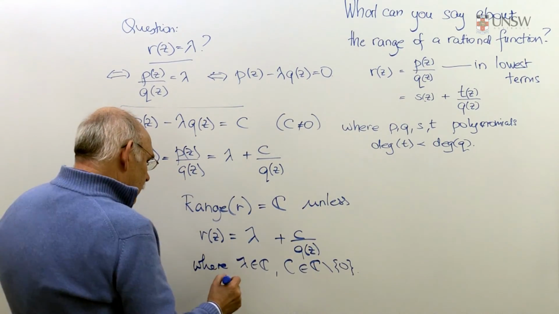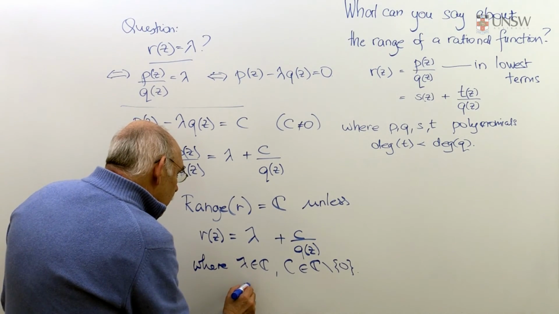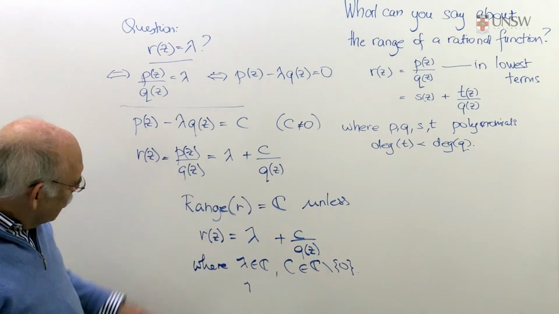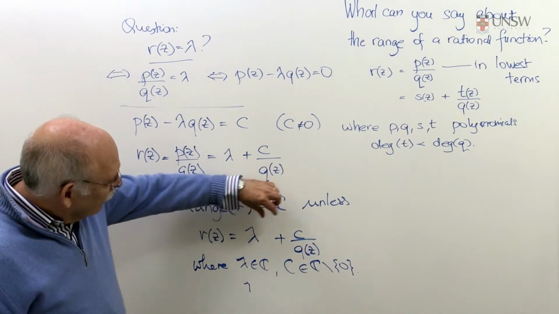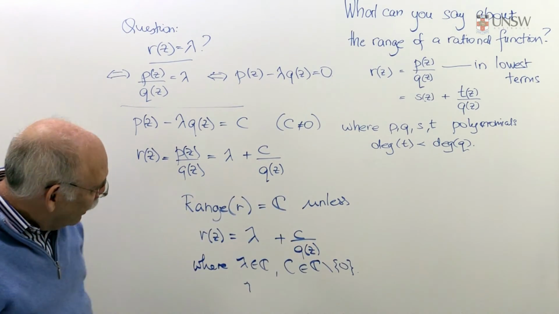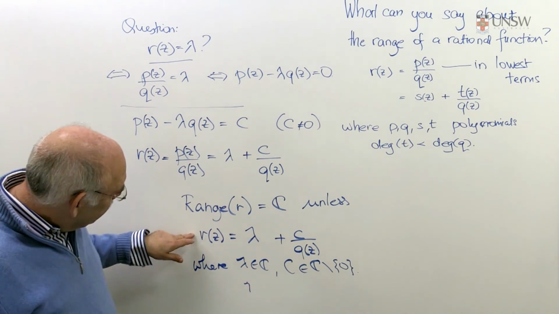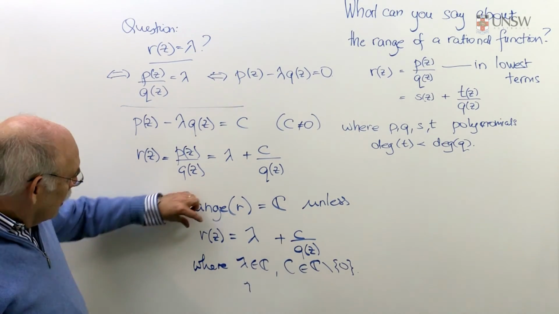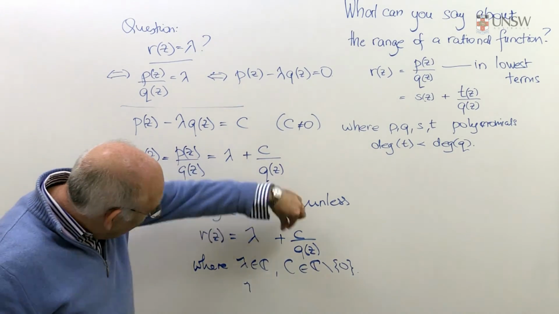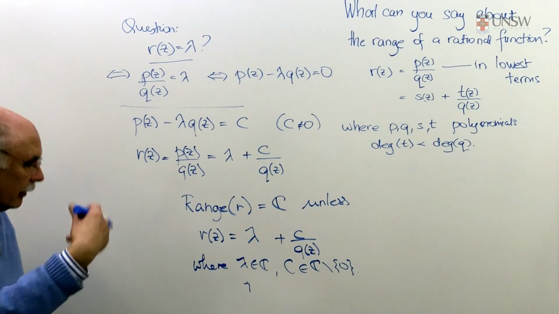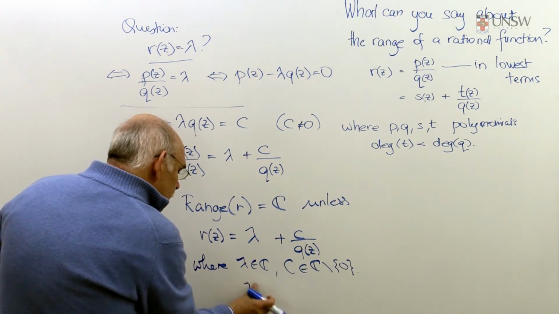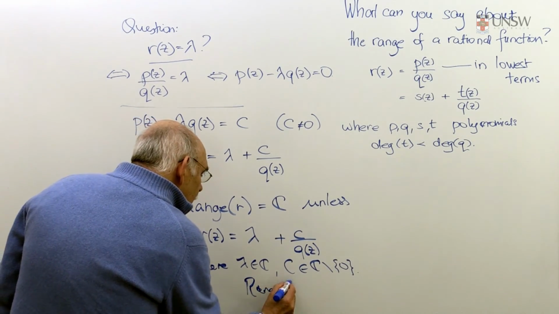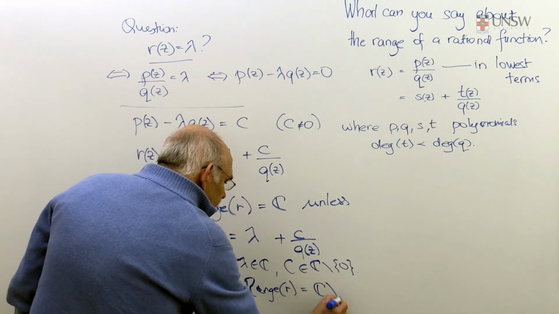And in this case, there's only one way in which we can write this. We wouldn't be able to write r of z as equal to two different constants plus a constant over q of z, because, for instance, if I take the limit of this as z goes to infinity, q of z goes to infinity, c over q of z goes to 0, and the limit at infinity is lambda. There's only one possible value of lambda. So, in this case, we can say that the range of R is equal to the complex plane minus